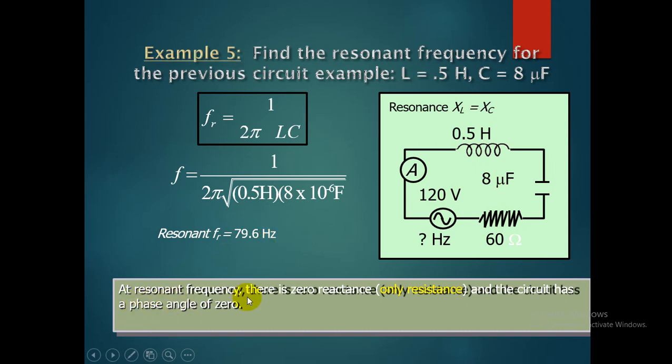At resonant frequency there is zero reactance, meaning inductive reactance and capacitive reactance both get cancelled by each other, thereby there is no reactance effect. Hence you can call it a phase angle of 0, like a DC circuit. In case of resistance, we know that the angle between voltage and current is 0, hence the cosine of the angle between voltage and current always maintains the unity value.